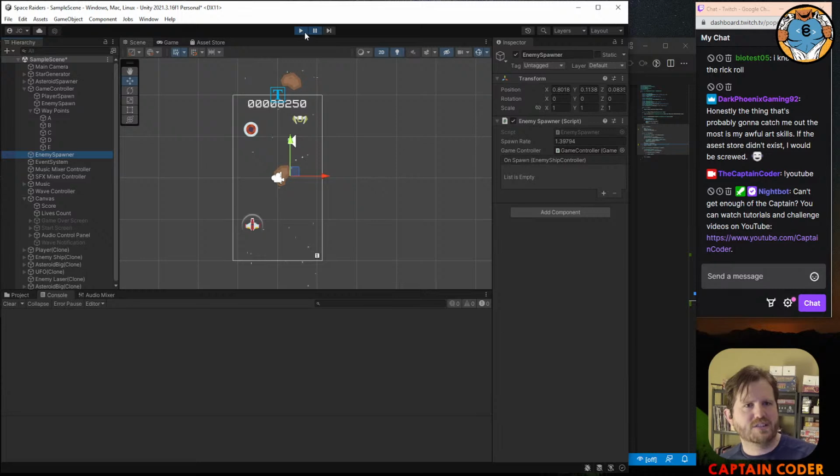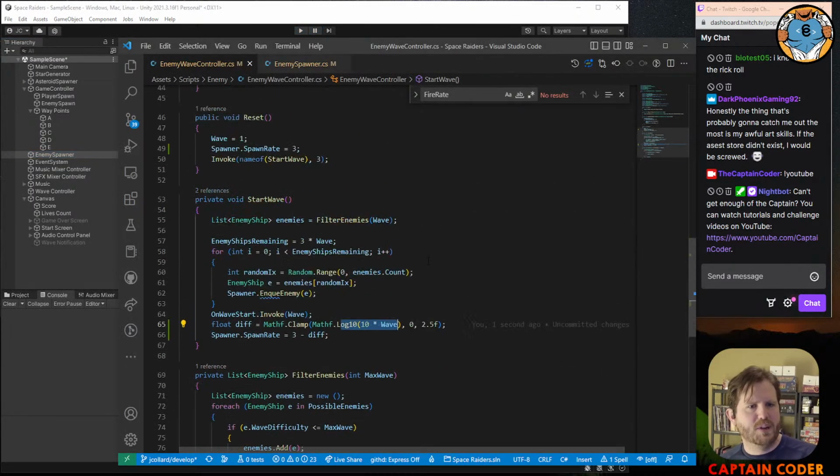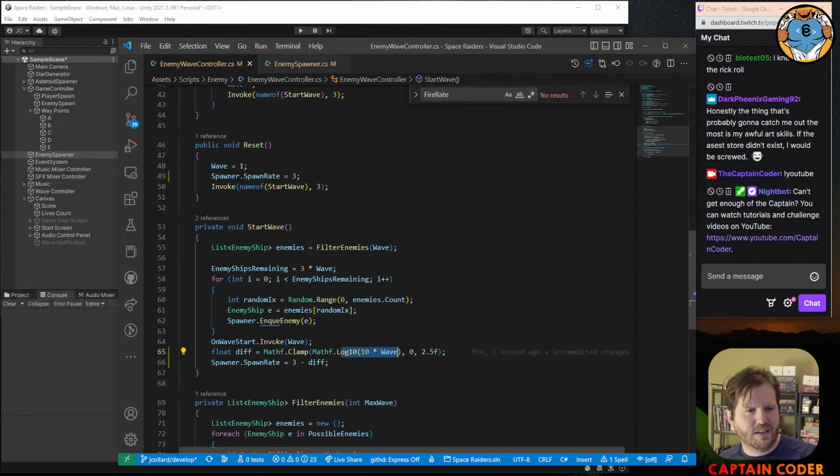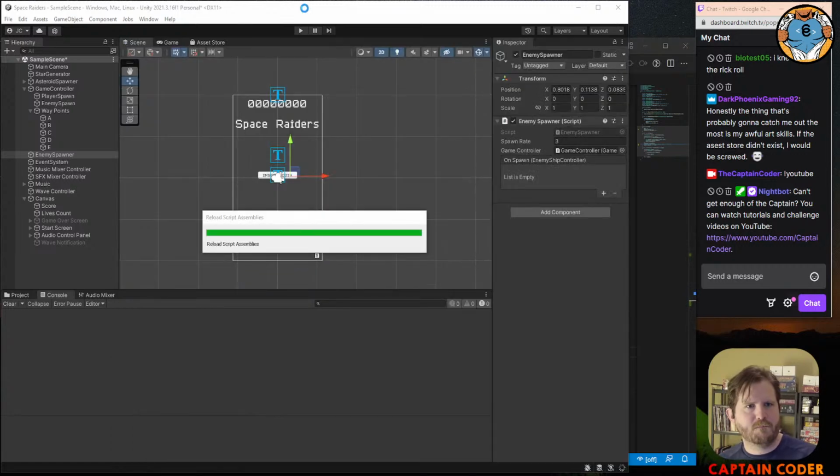Yeah, the spawn rate is going the way I want it to, but it's a little too fast, so actually it should be -1. So it starts at 1, so I'm going to set it to 0 at first. So the first level they spawn every 3 seconds. Okay, so let's look at